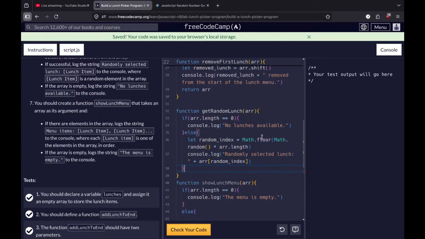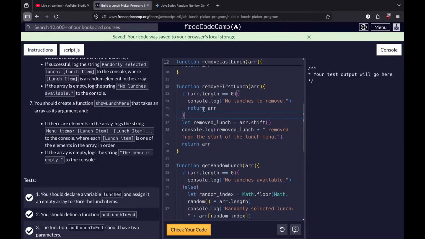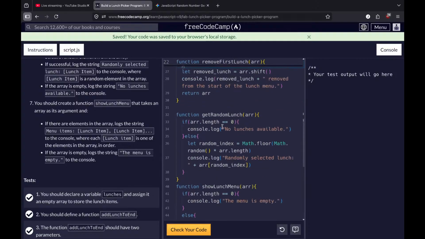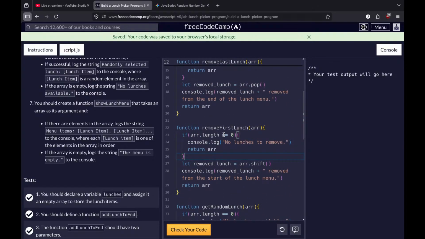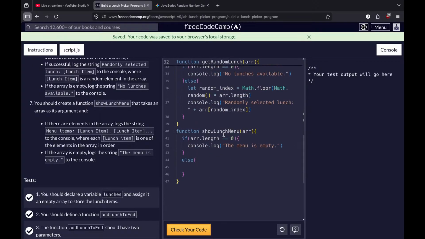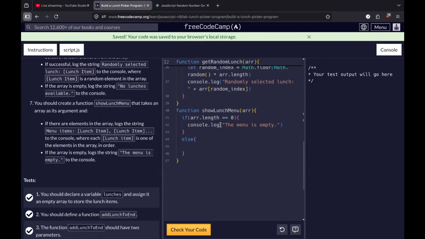No, here it is not required, but there it was required because I didn't have the return statement on the first if. Right, so here I have the menu is empty, then I have an else,